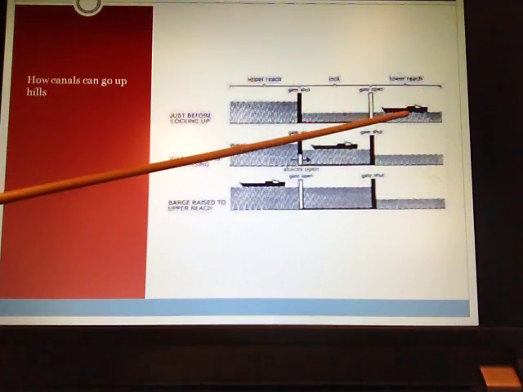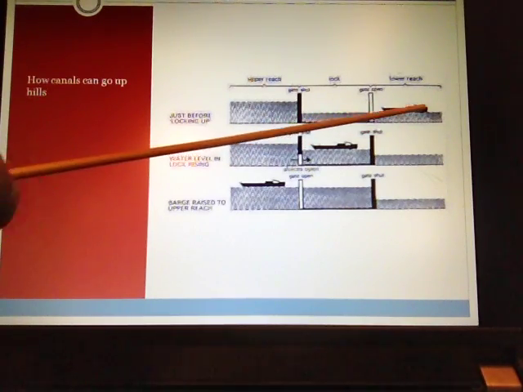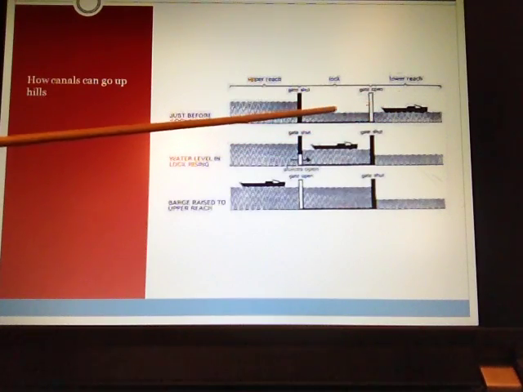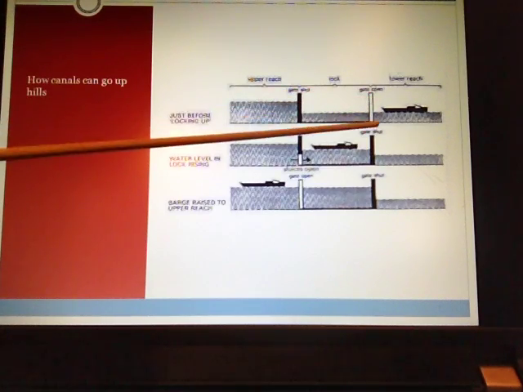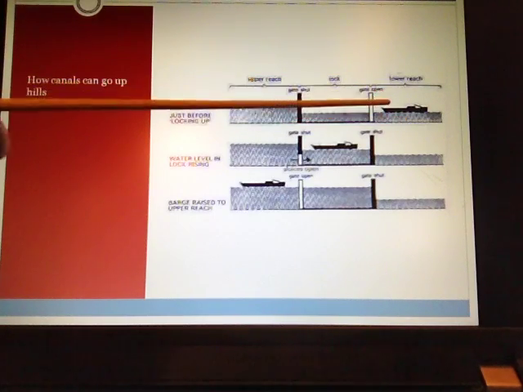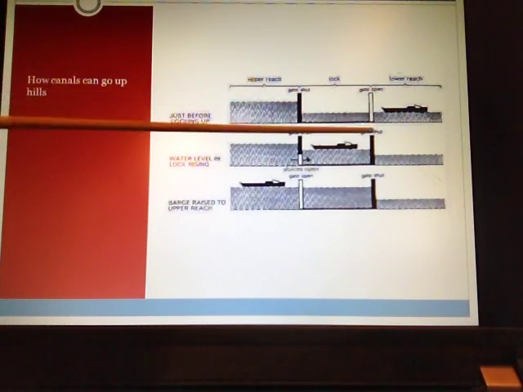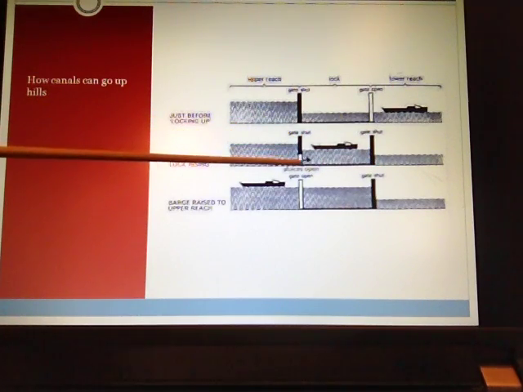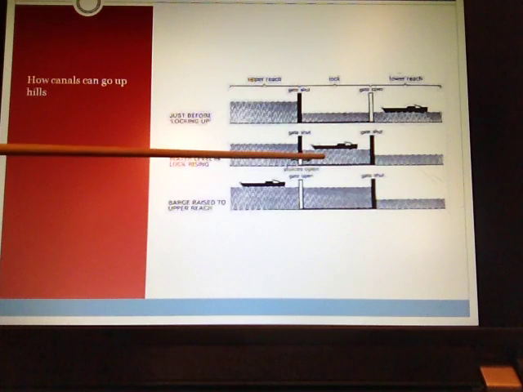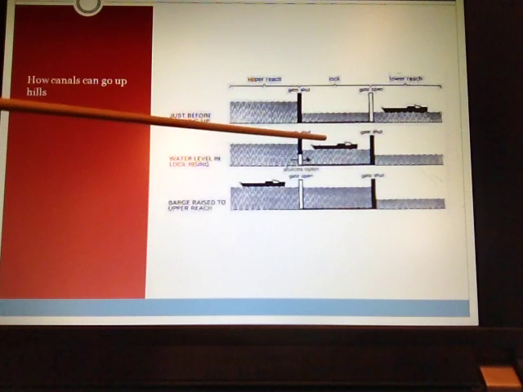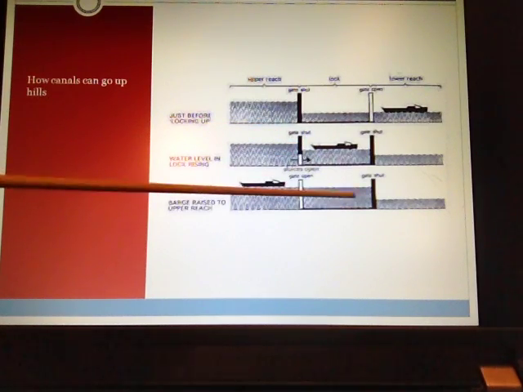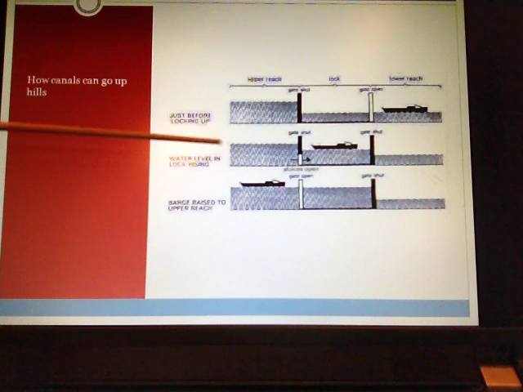So here's the boat on top of the water, and it needs to get up a hill. It needs to get up here. So what you do is you put up a little gate, and you pump water into this compartment until it's equal with this compartment. And then when they are equal in terms of their water, you drop this gate and the boat goes forward, and then you pull the gate back up. And then you displace water from this compartment to this compartment, and then the water balances and the boat goes up. And when these two sections are equal in height, you drop the gate and the boat goes forward.